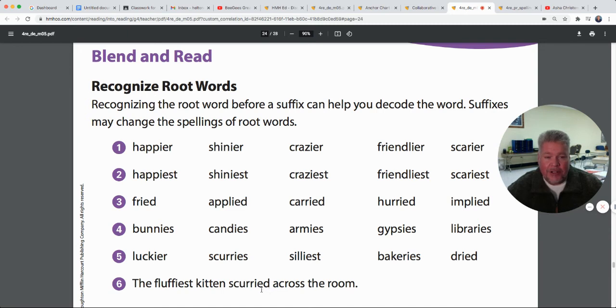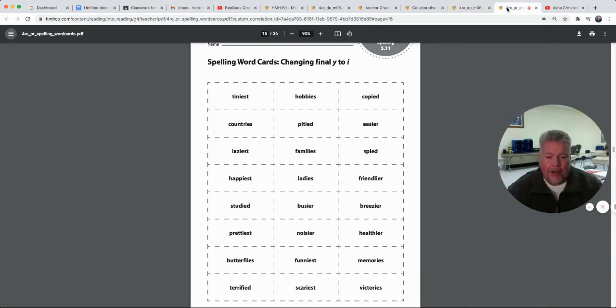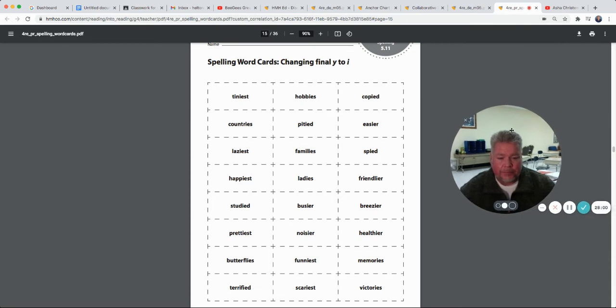So as you can see, words that end in Y, quite often we have to drop the Y, change it to I before we add that suffix at the end of the words. And those words like that are on our spelling list this week. So here's our spelling list. I'm just going to read these words to you. At one time, they all ended with a Y, and then the Y was dropped, and I was added, and then we add the rest of the suffix at the end.